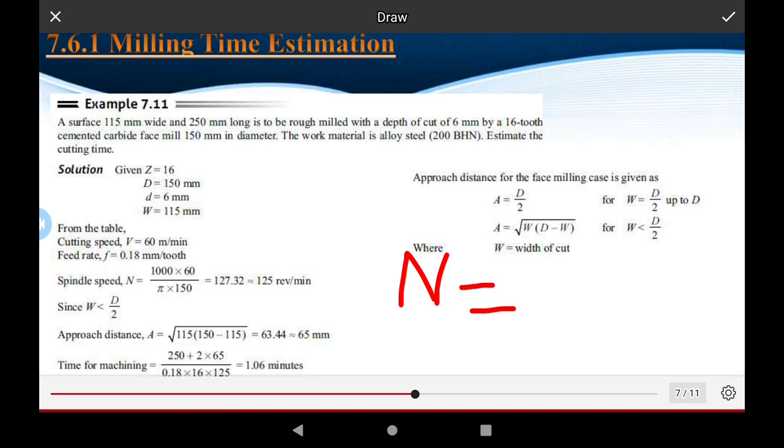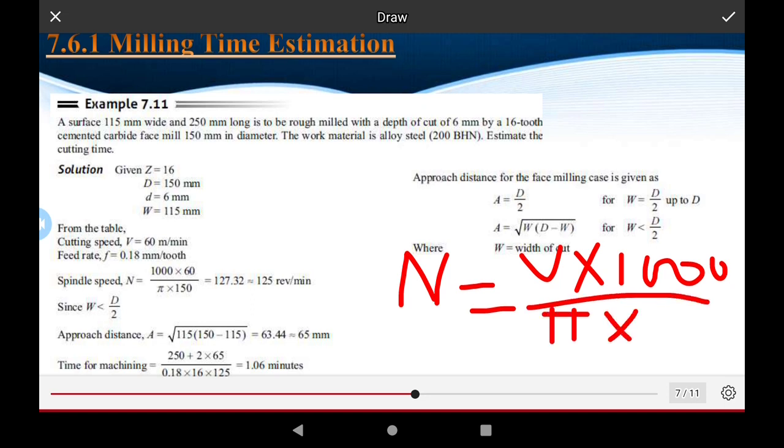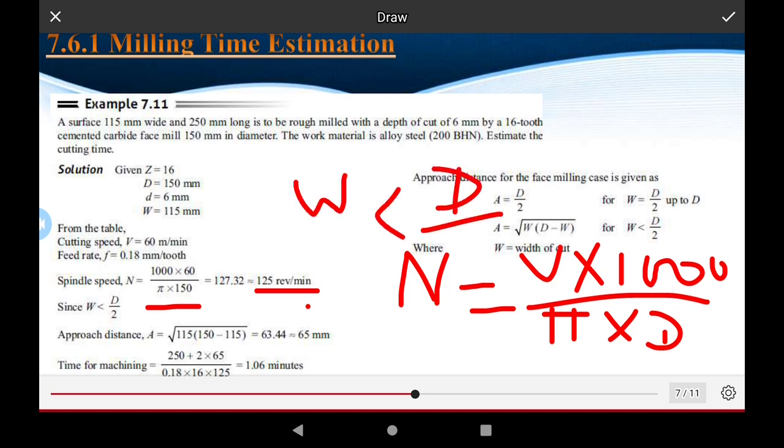N equals v into 1000 upon pi into D. Here D is the cutter diameter. Putting in the values and solving, N is 125 revolutions per minute. Since the capital W is greater than small d by 2,